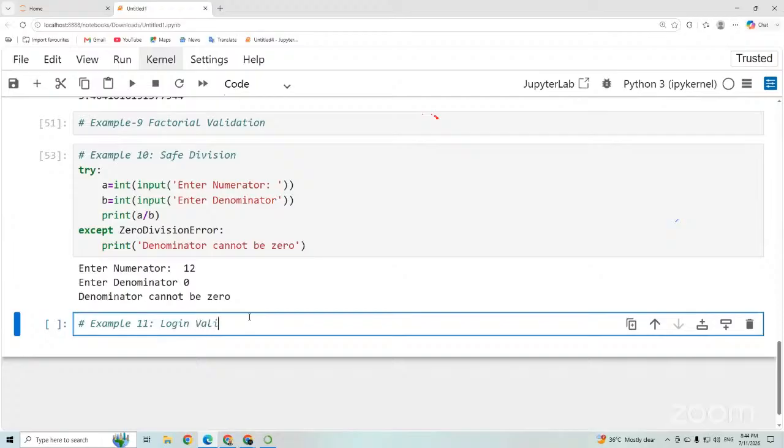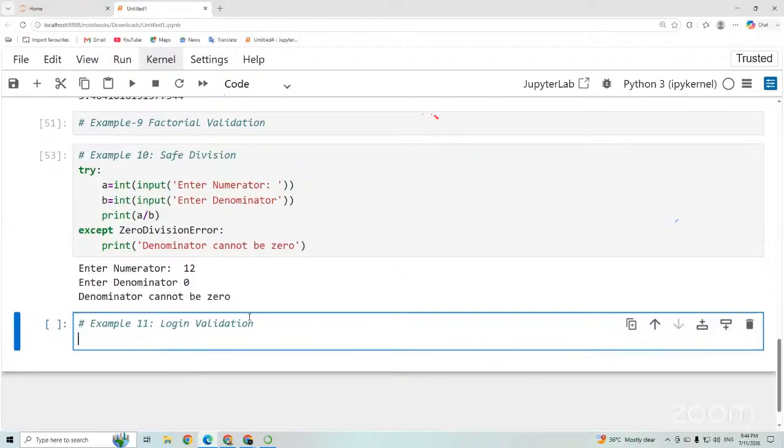Login validation. This is the last example from my side on this topic. Okay, there are many examples I have taken in this file, which I will share with you. Okay, I will share two files with you related to these exceptional cases, and you must try with all these examples. Okay, this is the